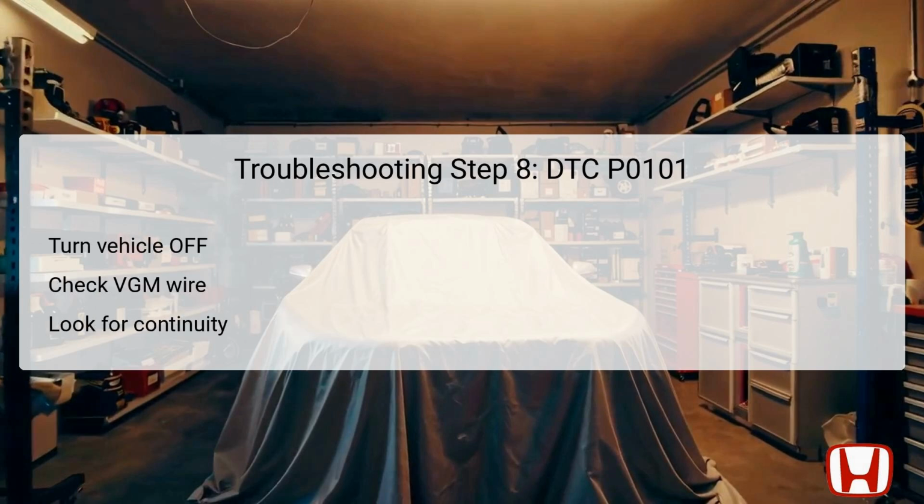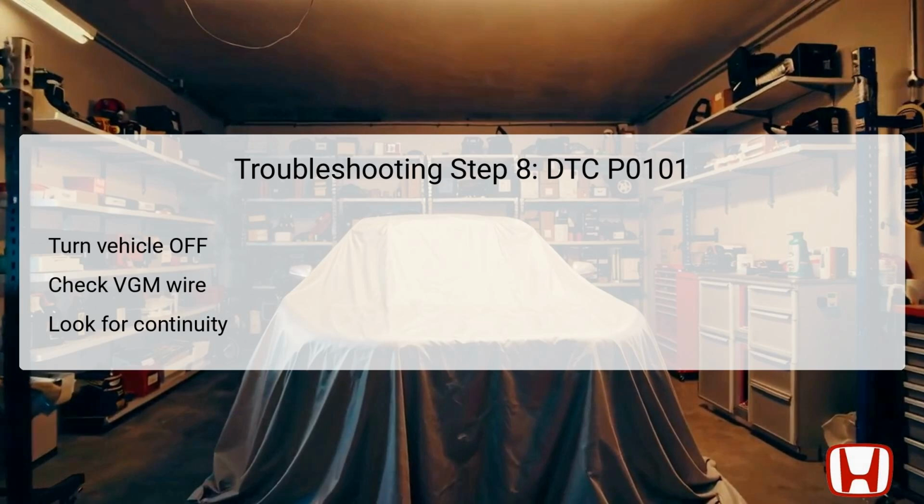In Step 8, your focus shifts toward the VGN, Vehicle Ground Mesh Wire. With the ignition in the off position, jump the SCS line in the same manner as previous steps. After allowing time for the diagnostic system to reset, disconnect the MAF sensor IAT connector and the PCM connector B51P. Measure for continuity between female terminal number 4 of the MAF connector and terminal number 33 of the PCM